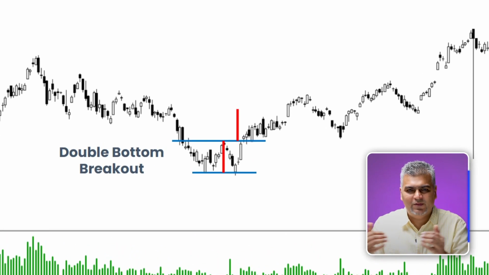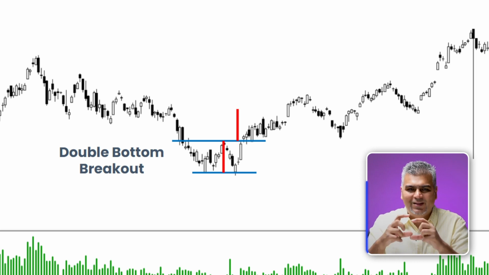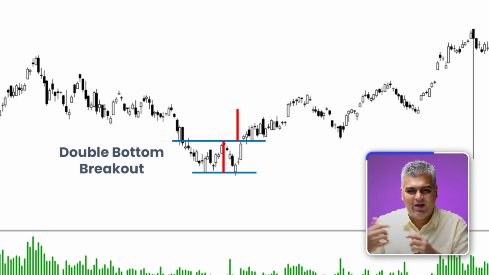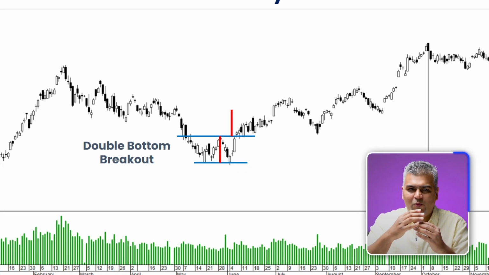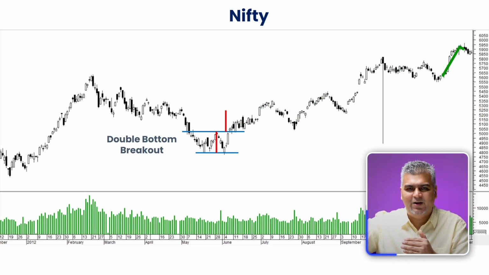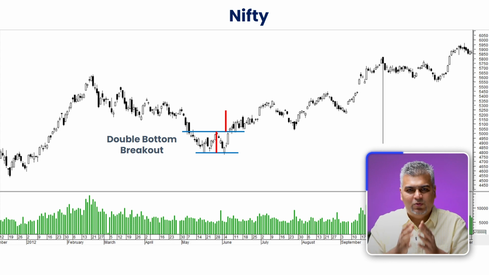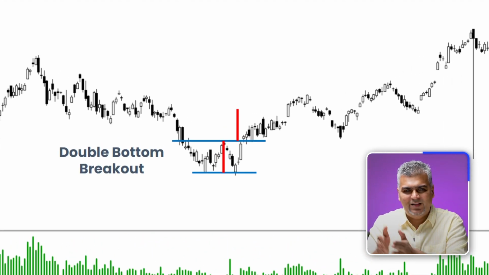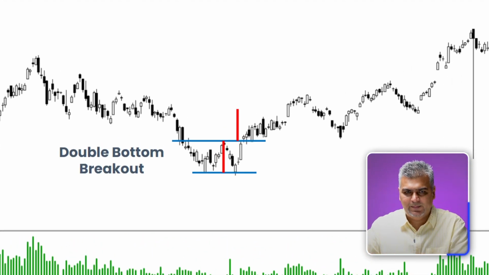Your stop loss is the low of that candle or a moving average, which would roughly be in between the two bottoms and the intermediate high, as you see here. Now, once this trend starts, you continue to be on the trade till the time it makes higher tops and higher bottoms. So now you get your entry, exit and stop loss and how to ride the trend.